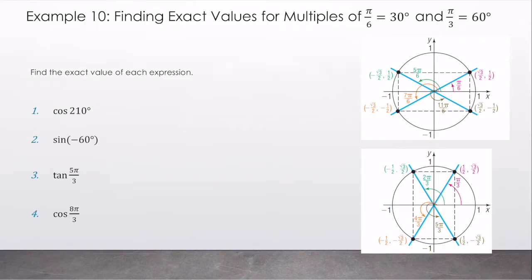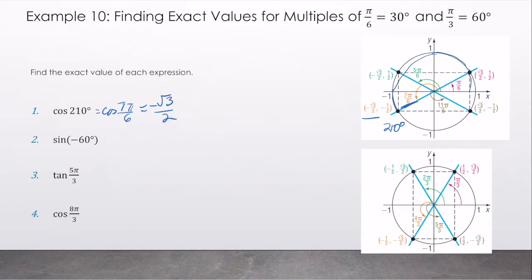Next, let's practice finding exact values for multiples of 30 degrees and 60 degrees. So if I have 210 degrees, well, 210 degrees is 7 pi over 6 radians. So I know it's going to be a multiple of pi over 6. So I got 1 pi over 6, 3 pi over 6, 6 pi over 6, 7 pi over 6. Oh, it was already labeled. Which is 210 degrees. Cosine is my x value, so I have negative square root of 3 over 2